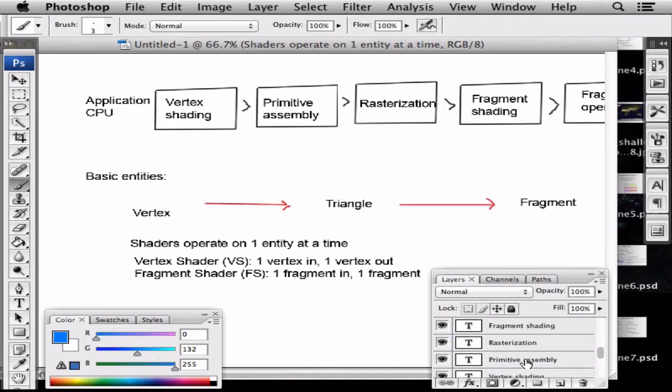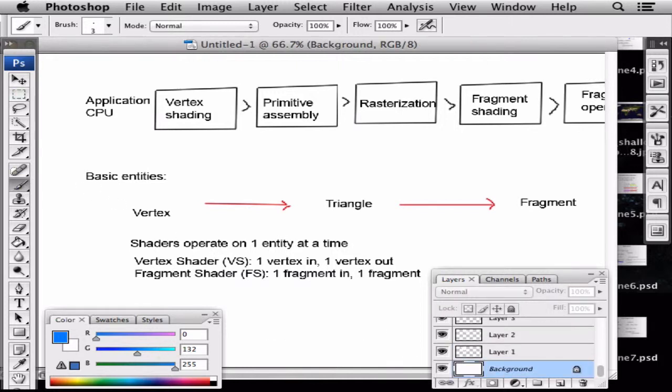And the fact that it has been done like this is part of the reason why a GPU is really fast and can do a lot of processing in parallel. That is because, for instance, every vertex doesn't know about all the other vertices, so you can do a lot of vertex shading in parallel because there's no